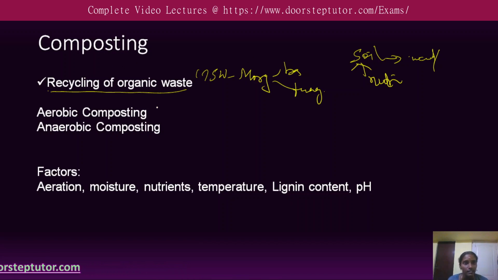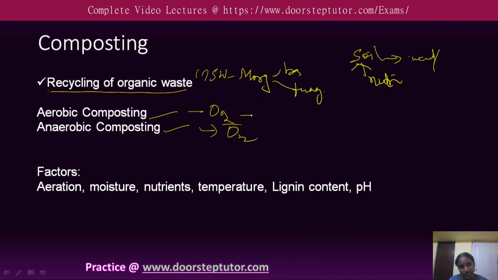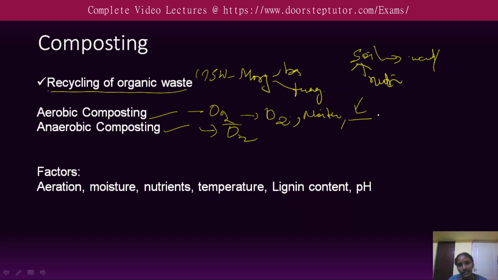And composting is carried out in either aerobic or anaerobic form. And we know the aerobic is in the presence of oxygen, and this is in the absence of oxygen. While in the aerobic condition, there are some difficulties. We need to maintain the oxygen condition, that is the aeration, and also the moisture content. And we also need to protect the layer of the compost from the external environment, the sunlight and the weather pattern. Whereas in the anaerobic, we overcome all these things.